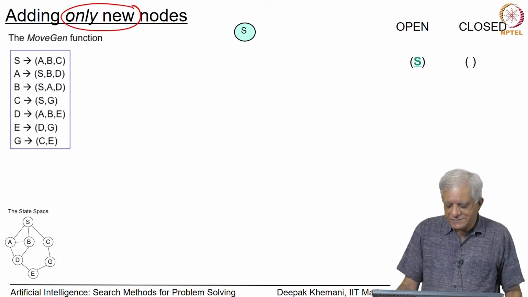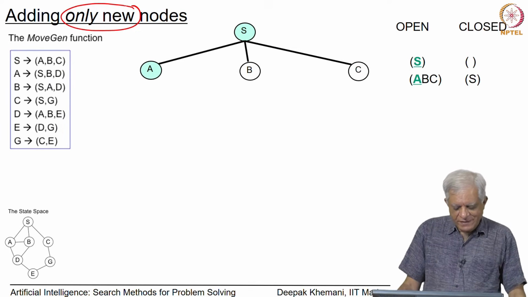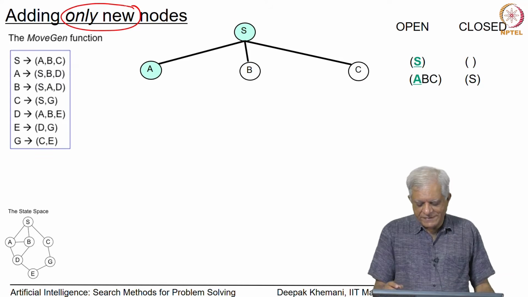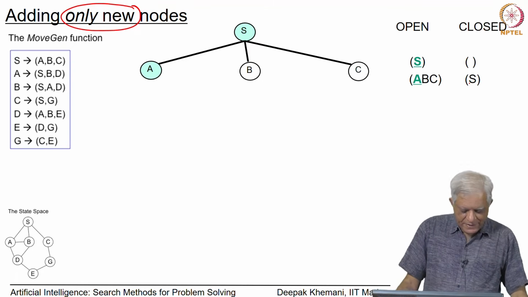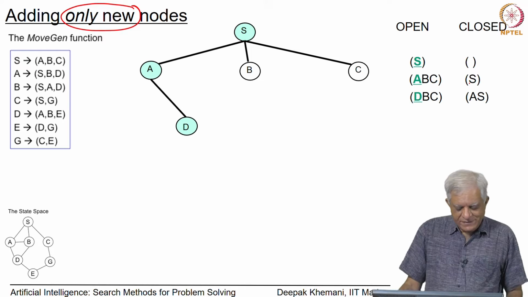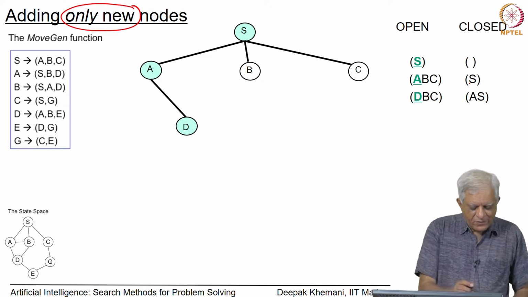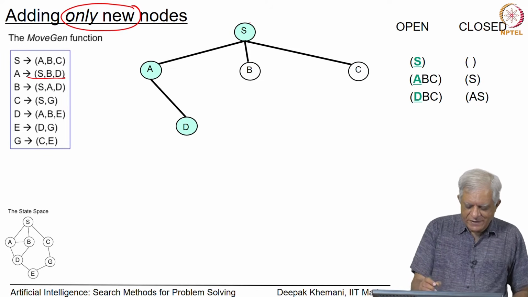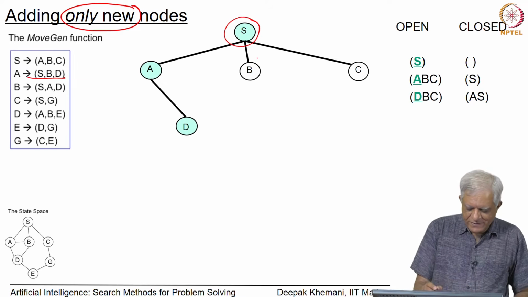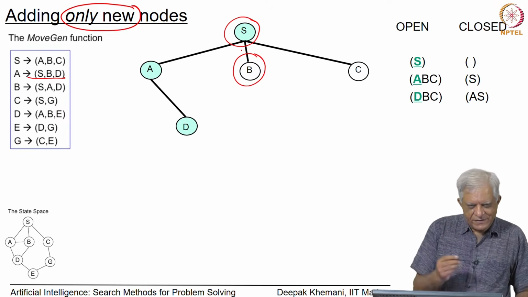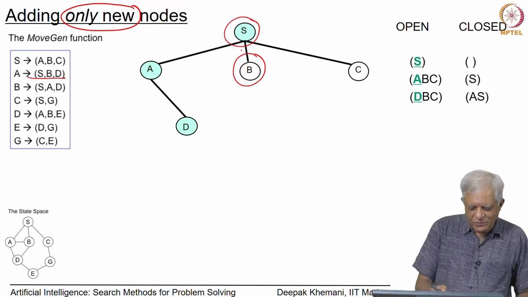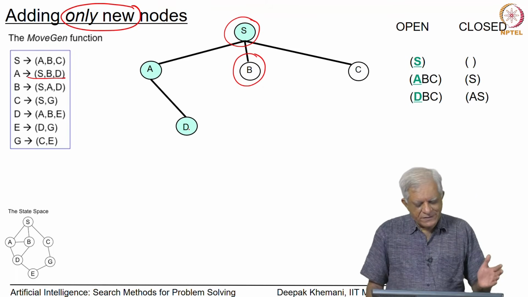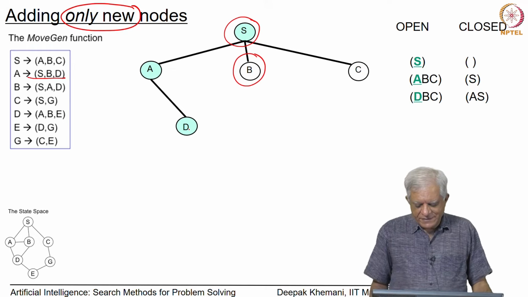You start with the start node as before, and as before we generate its children A, B, C. We now have A, B, C in open and the start node has gone into closed, and then we generate the children of A. Now, again notice that the children of A were S, B and D. S is already in closed and B is already on open. So, this version of the algorithm only adds the new node D to the open list,